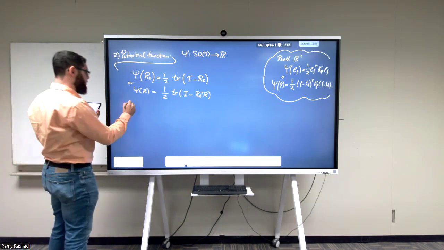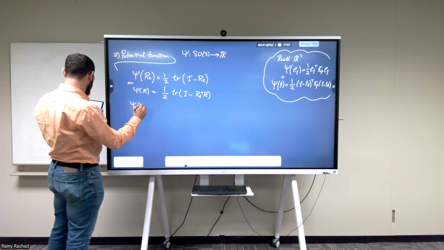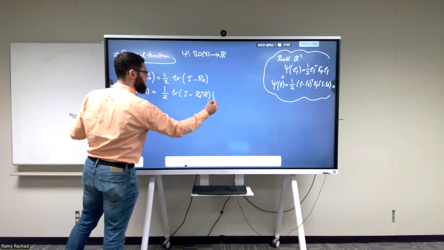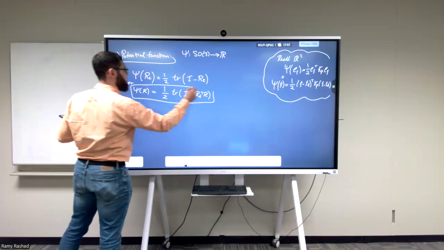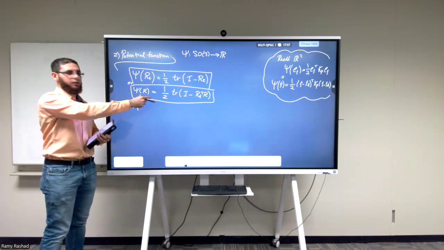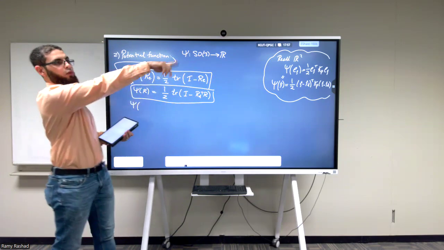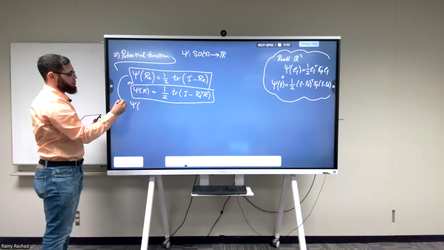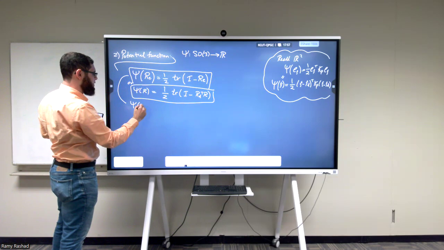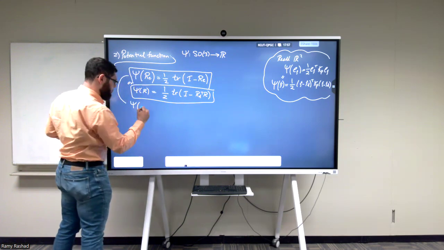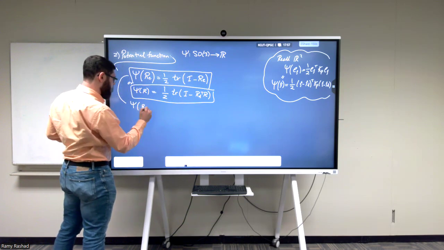So let's see if we can check that. We have these two functions. In some cases I'm going to be using the first one, and in other cases the second one, depending on whether we want it written in the error or in terms of R, just like what we did before. So here I'm going to use the first one. If I have psi of R with RE equal to identity, let me write it explicitly,